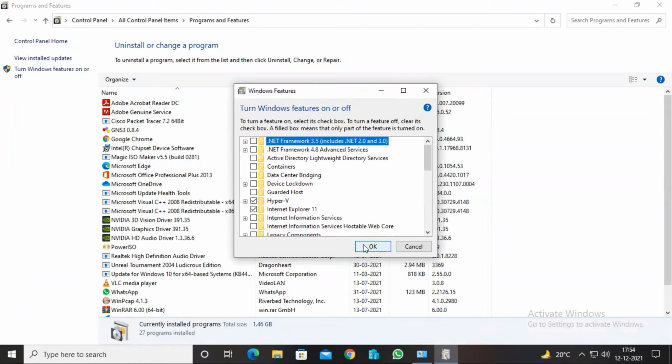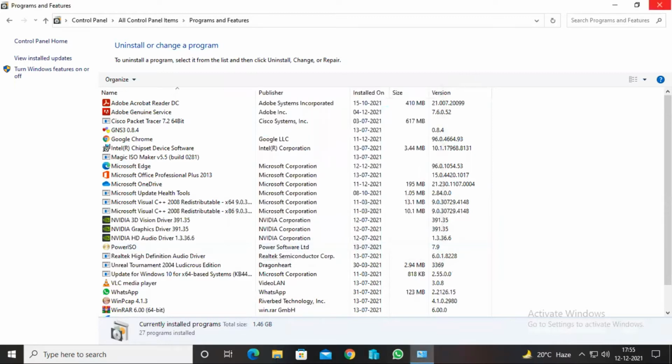Once you check the option Hyper-V and click on OK, it automatically installs the Hyper-V feature for you, and it asks you to restart the system. Once you restart the system, Hyper-V is installed for you. This is how we can install Hyper-V: open the control panel, click on turn Windows features on or off, find Hyper-V, check the option and click on OK. Now, after installing Hyper-V,